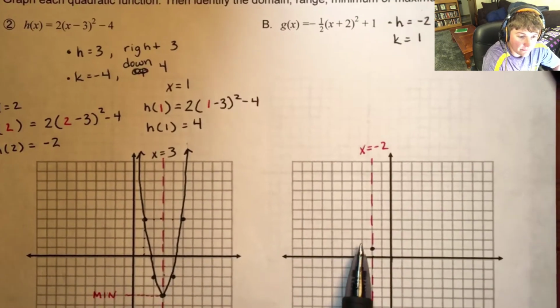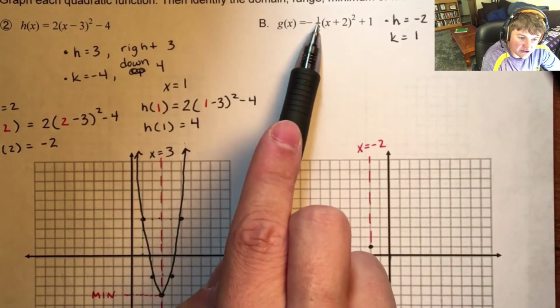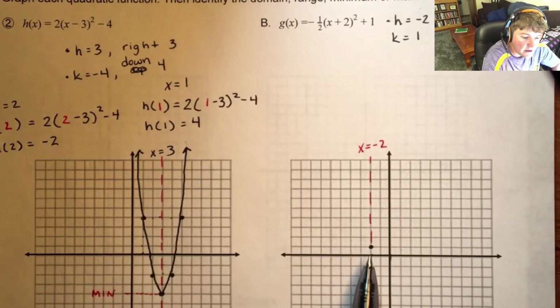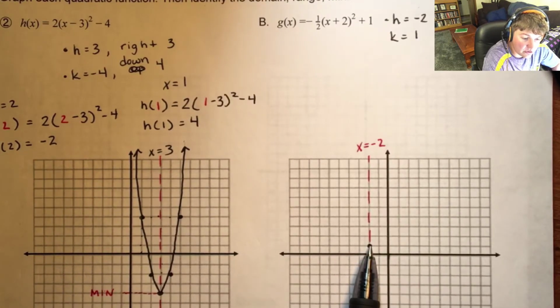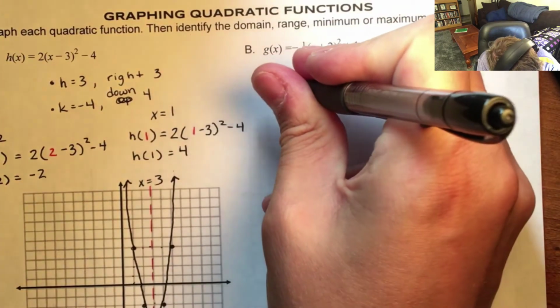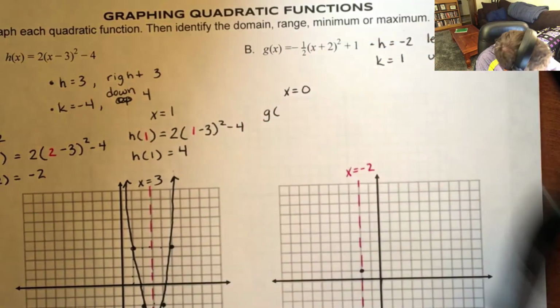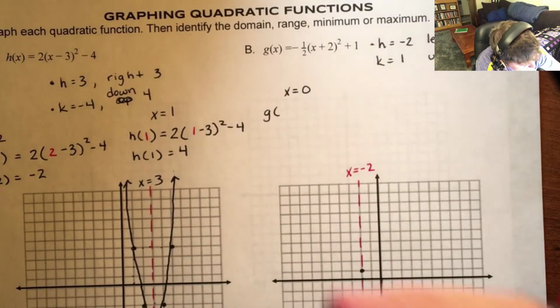So, for example, since my denominator is 2, I want to pick x values multiples of 2 units away from my axis of symmetry. So, what x values are 2 units away? Well, I could pick 0, or I could pick negative 4. Either one of those is going to work fine. I'm going to pick x is 0. So, x equals 0. Means I want to find g of 0,